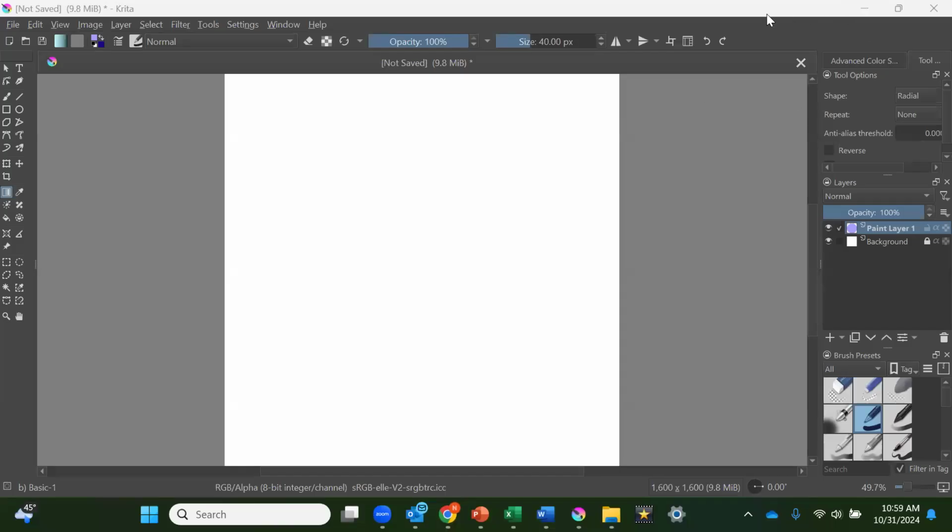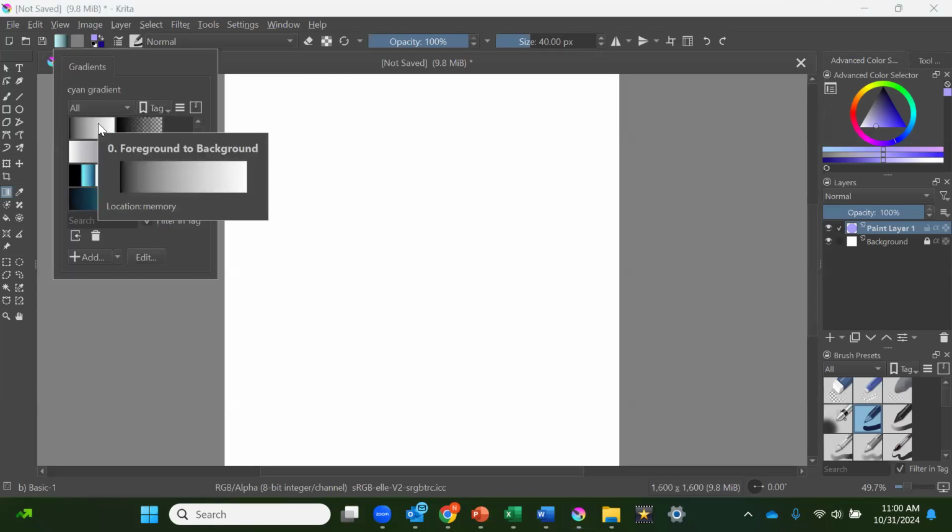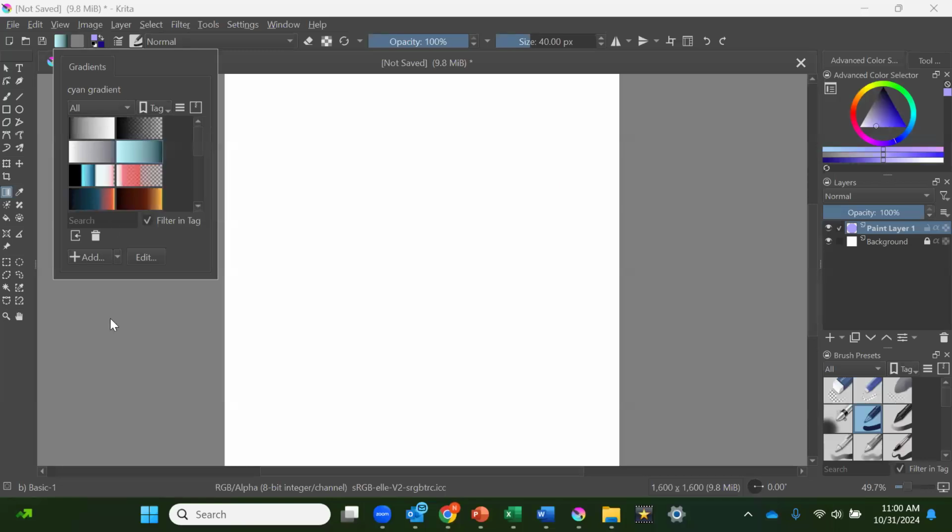Today I am going to show you how to create a custom gradient. We're going to look over here at the gradient options. I'm going to make sure we've got our colors up first. So I'm going to go over to that gradient, fill gradients. I'm going to click. And if I can't find the foreground to background, and move that around, I can always make my own. Or if you have just an idea of another gradient you want to make, we're going to